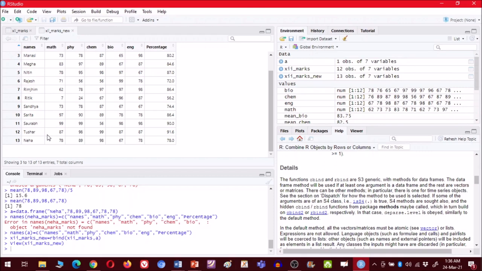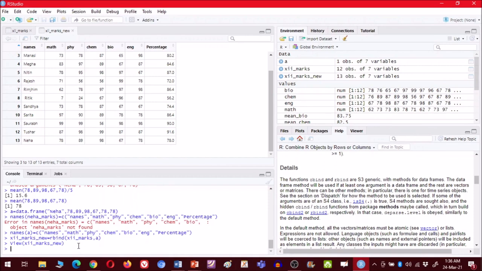For that, first you have to create a data frame. So you have created a data frame, a new file, and then you have named that file. All the columns should be put in the same order, in the c variable, and then you use the rbind formula to create a new file. So this is how we have created a new file.